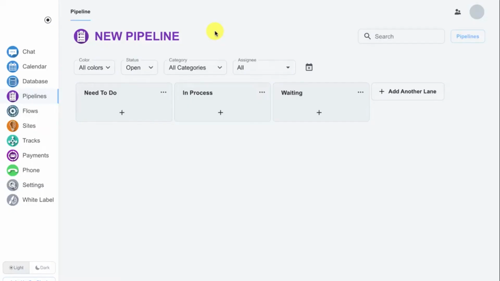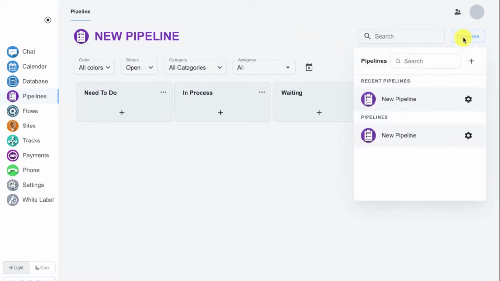Welcome to your pipeline section. This is where you're going to be able to create multiple pipelines for your business. Now this could be for tasks, opportunities, sales, and more. So when you first navigate here, I want you to notice this pipelines button. This is where you can see all the different pipelines you have in your organization, and you can even add